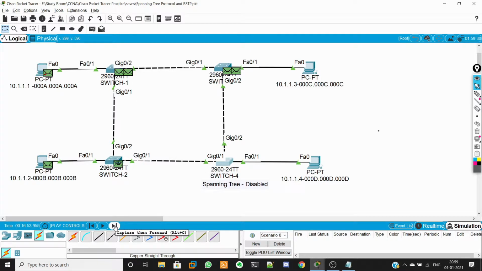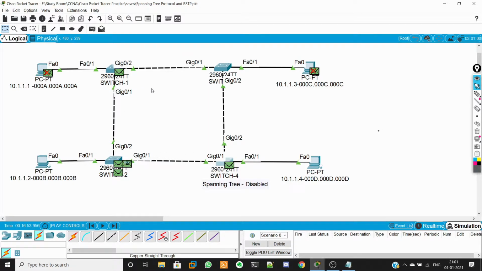Just assume a network with higher load, with multiple devices, with huge network traffic. You can imagine what will happen if we are deploying a switch without the spanning tree. It will be an absolute nightmare. To prevent the looping of the frame, can we say if we break one of these links, the frame looping will be stopped? Absolutely yes. Our aim is to break this particular loop to stop the frame propagation.